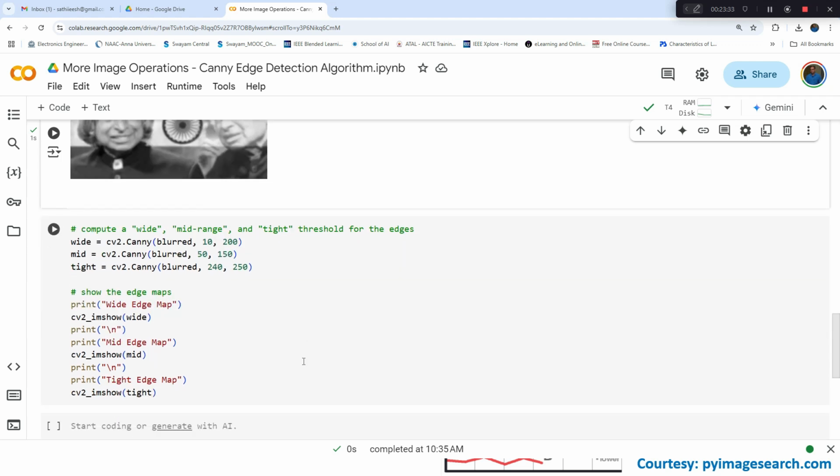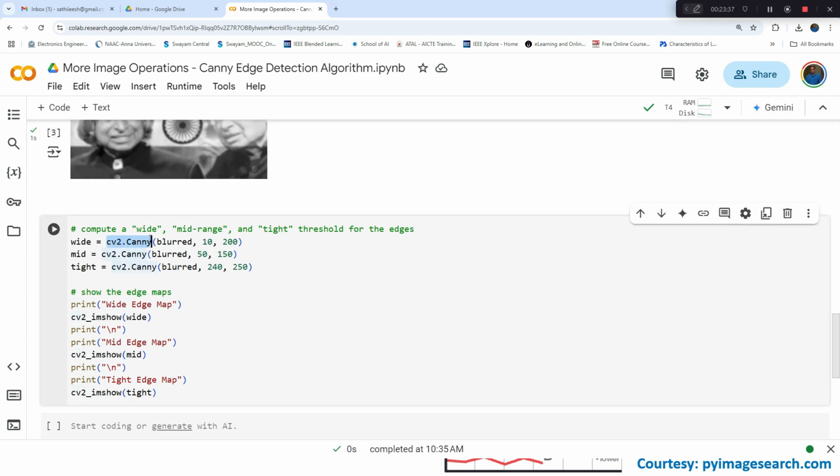It is a very simple command. The command is cv2.Canny. This cv2.Canny function takes 3 arguments. One is the blurred image, and we have to specify the t lower value and t upper value. Right? The setting of this t lower and t upper plays a very vital role, which determines how many edges you will be able to identify. If you have a very big range, then more items will be identified as an edge. If you have a short range, then very few items will be identified as an edge. So you have to properly set this t lower and t upper so that you can get the required